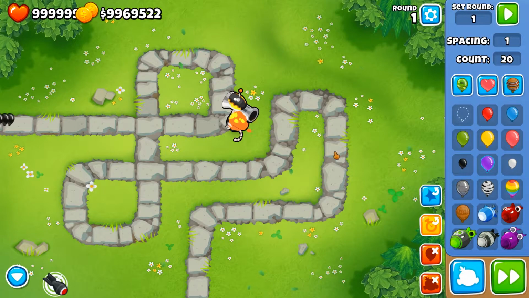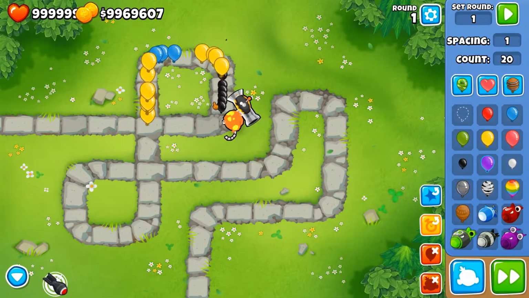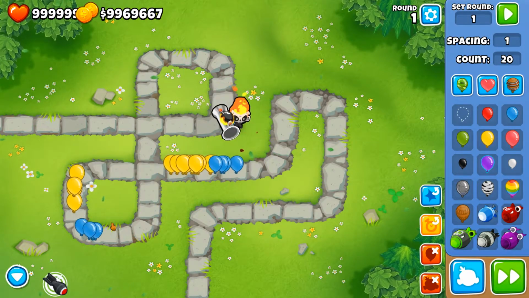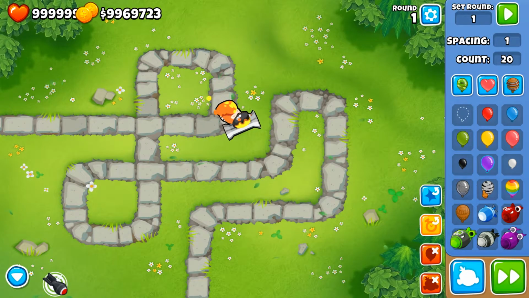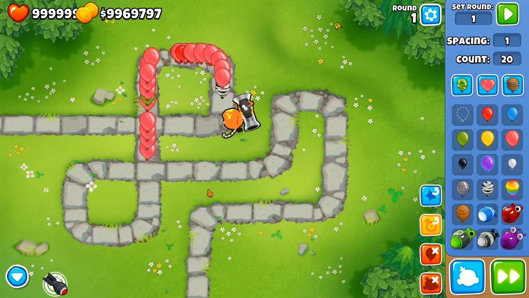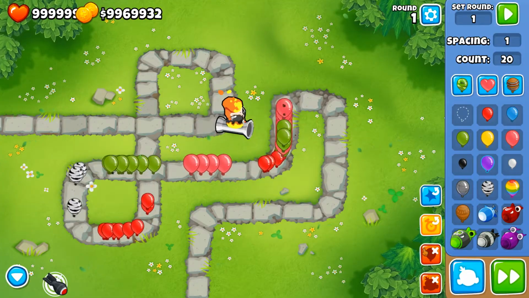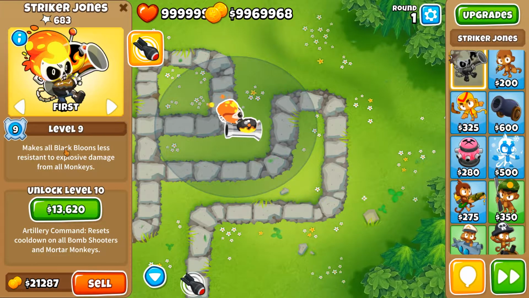And so for example here I'm just going to spawn 20 black Bloons. See that sometimes black Bloons are caught in the explosion radius, but I'm not popping their layer, and that's because of the chance. So it works for both black Bloons and zebras as well. So it's a chance, so it's not 100%, but it's like 50% or maybe even more, I'm not entirely sure. But this makes it possible for Striker Jones and for any other tower that uses explosive damage to pop black Bloons